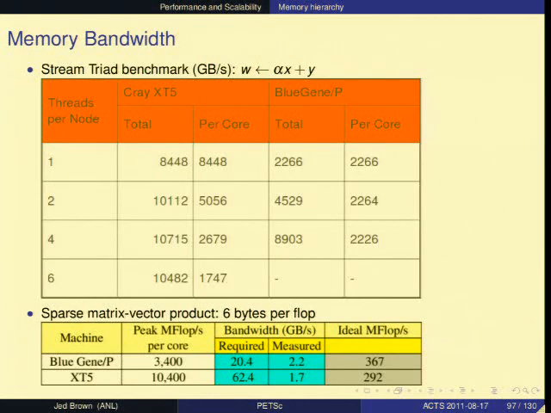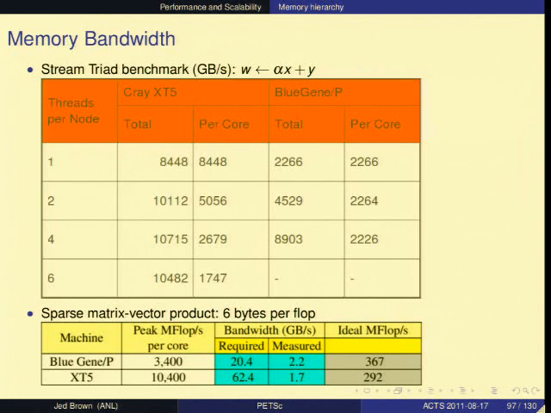Just to further point out the memory bandwidth limitations as you scale up on more cores, this is a really common thing. People say, I ran this on my workstation, and when I run it in parallel, it's not much faster, or occasionally even slower. Well, this tells that story. Sorry, the color here is not so good, but this is for the Cray XT5. Here we have the total bandwidth for a node, for a socket, and then as we increase cores up to the 6 cores.